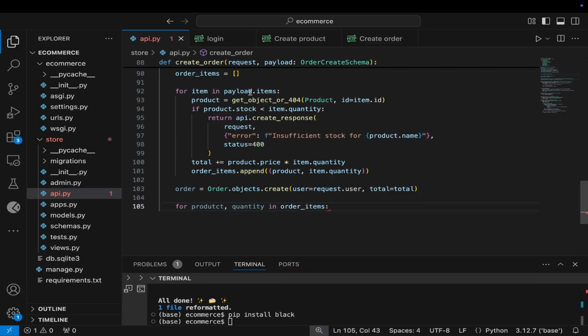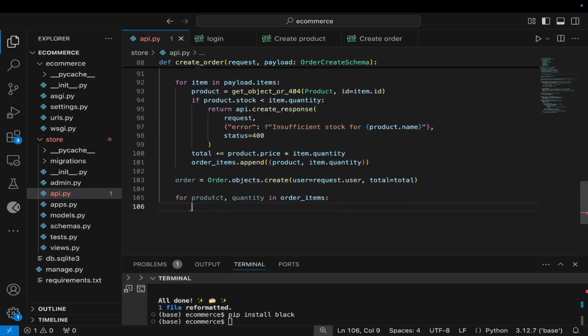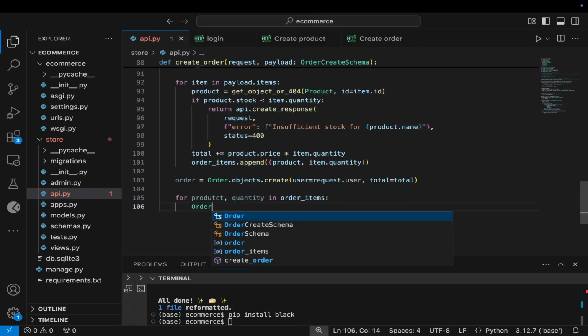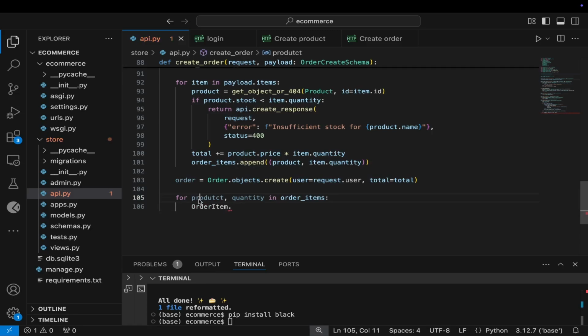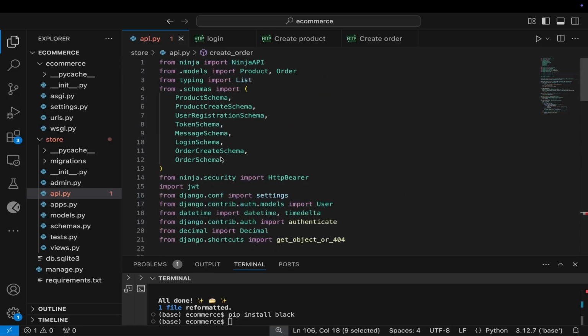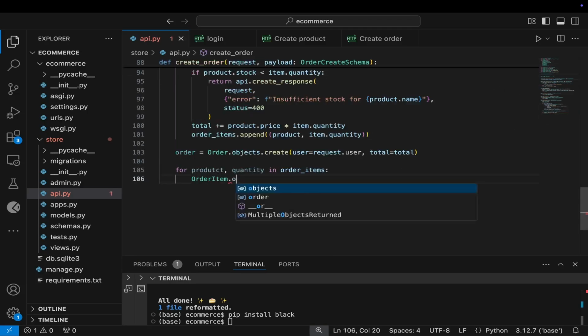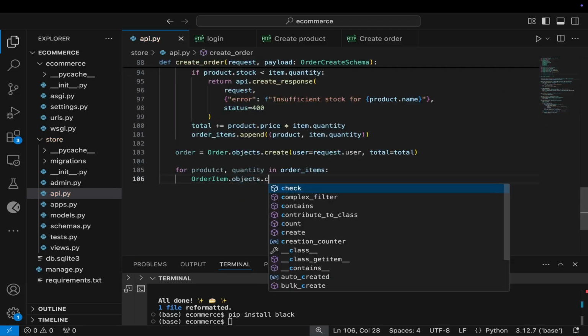So we're making use of our list, which we populated right here on line 101. Order items, we shall say order item dot, so we need to import this model up here. Right here we say order item dot objects dot create